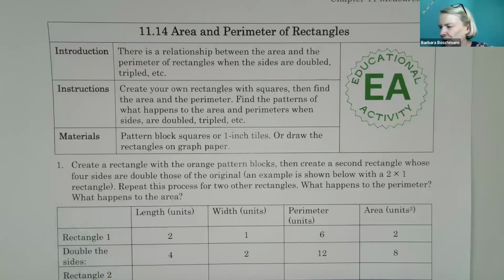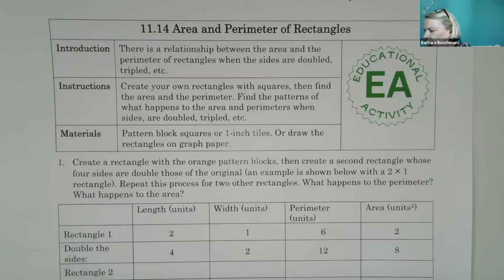Activity 11.14 is the area and perimeter of rectangles. We are going to look at the connection between the area and perimeter when we do something to all sides, so doubling or tripling. We want to go ahead and find our pattern blocks again, or 1-inch square tiles, and we want to build